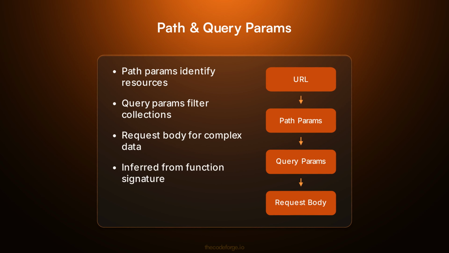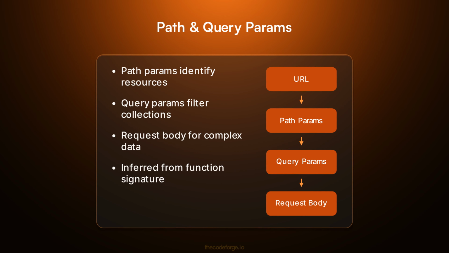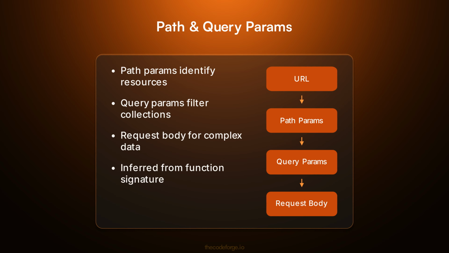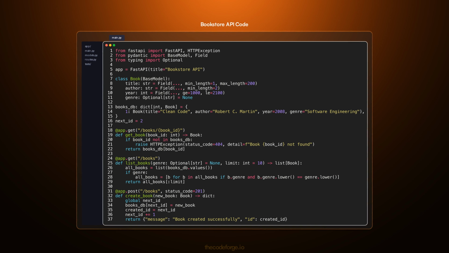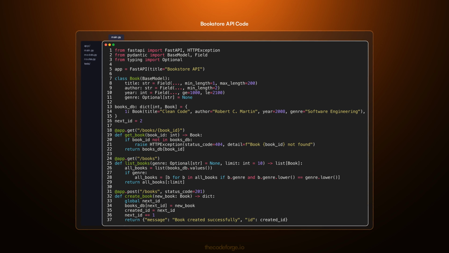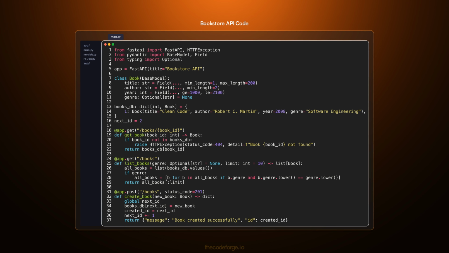Every API needs to accept input. FastAPI gives you 3 clean ways: path parameters for resource identification, query parameters for filtering, and request bodies for complex data. FastAPI infers the parameter type from the function signature, no extra decorators needed. Here's a complete bookstore API demonstrating path parameters, query parameters, and request bodies. The Pydantic model Book defines validation rules. Path parameter book_id identifies a specific book, query parameters genre and limit filter the list, and the request body creates